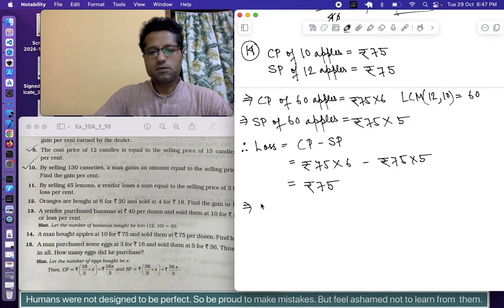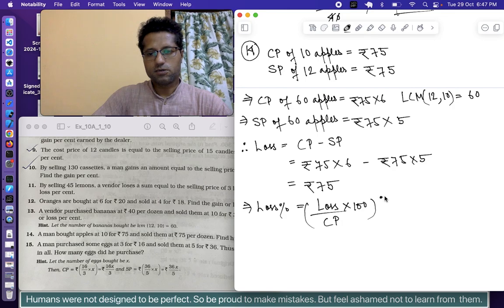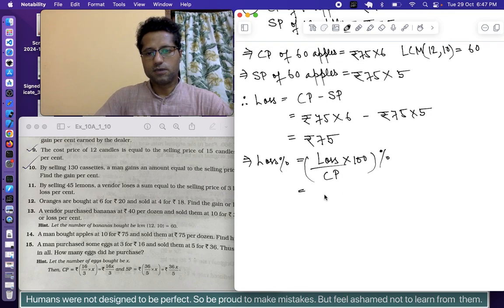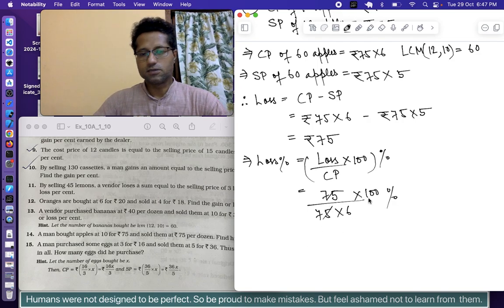So this implies loss percent will be equal to loss divided by CP multiplied by 100, this much percentage. This is equal to loss is 75 and CP is 75 multiplied by 6, and we have multiplied by 100, this much percentage. 75 cancels out, 100 by 6,